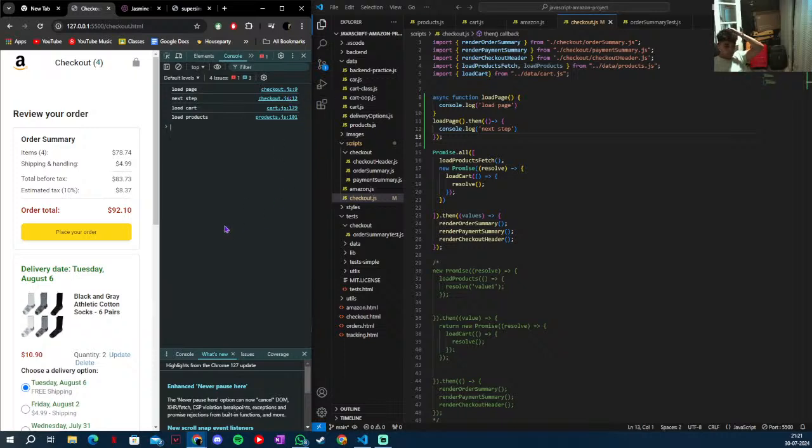Next, if we return something from this function, for example, we're going to return a value like the string value2. This gets converted into resolve value2. So this value is going to be saved in a parameter in the next step. So here, we'll add a parameter value, and value2 is going to be saved inside here. If we console.log the value,